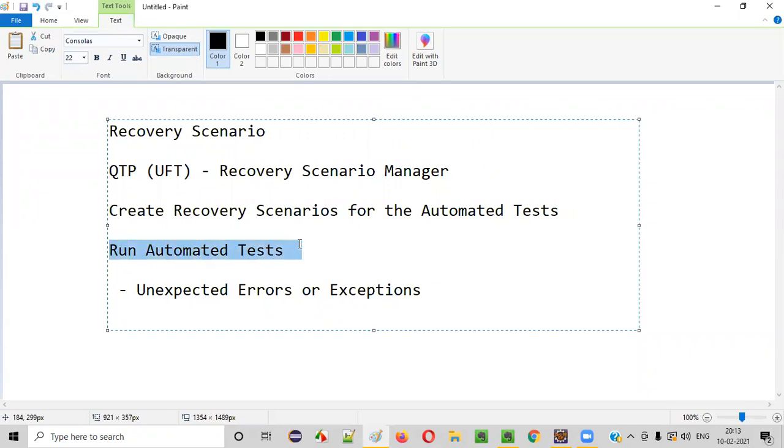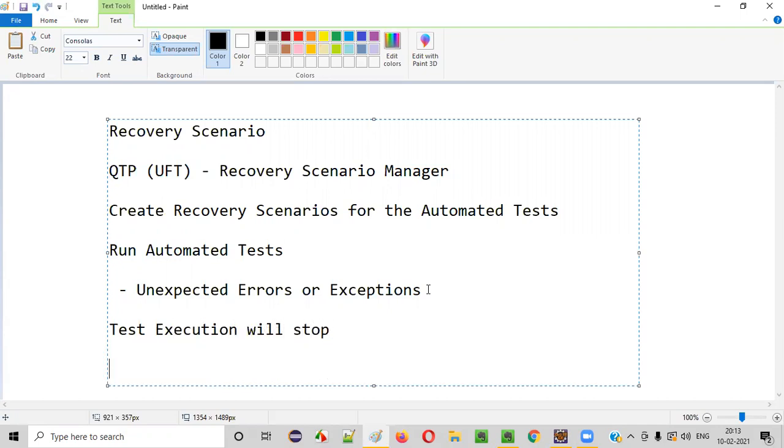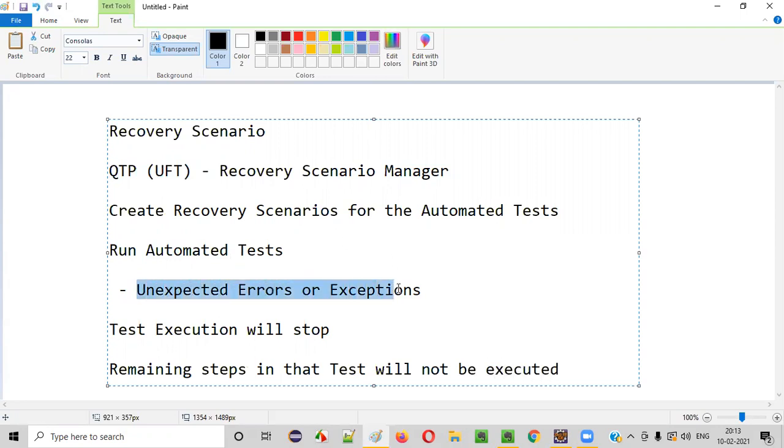The test execution will stop, and the remaining steps in that particular test will not be executed because of this unexpected error or exception.